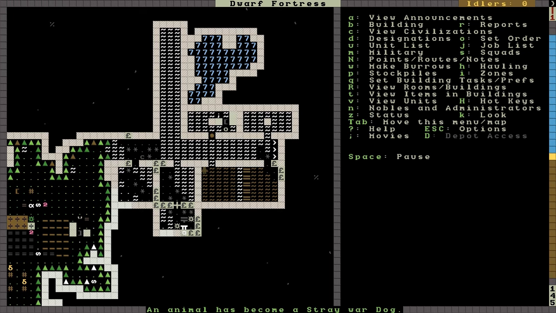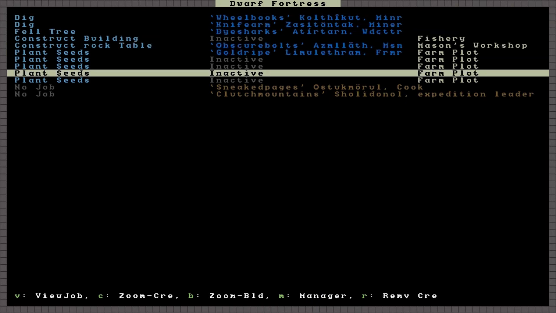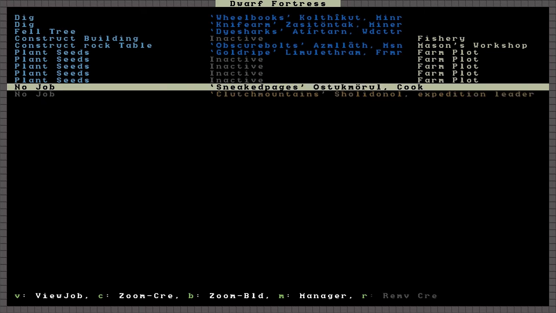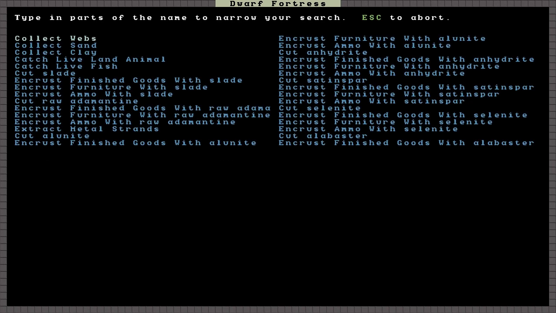We also have enough... Q? No, what is it? Is it... Oh, jobs J. This is new. This is interesting. Looks like we can actually assign individual users. But what I really want to do is I want a manager, and I want a new order, and what I want to order is,